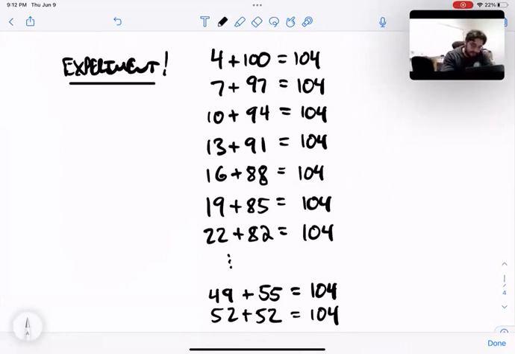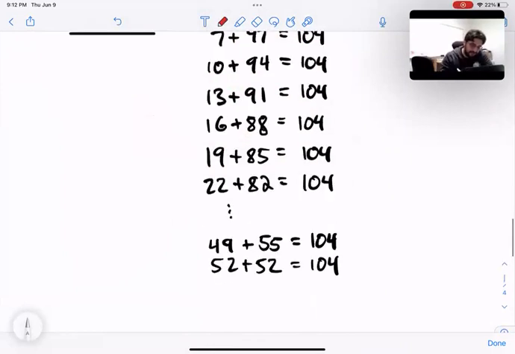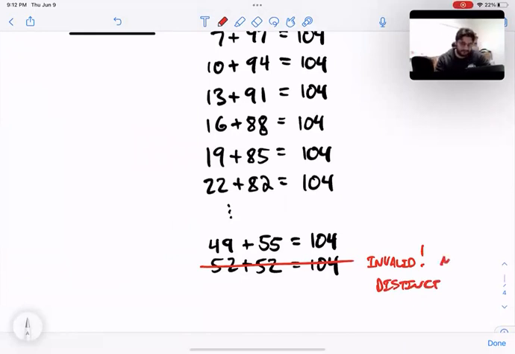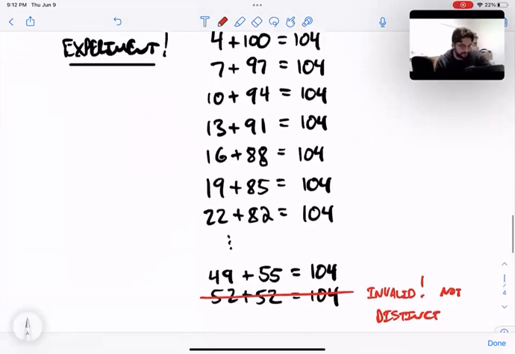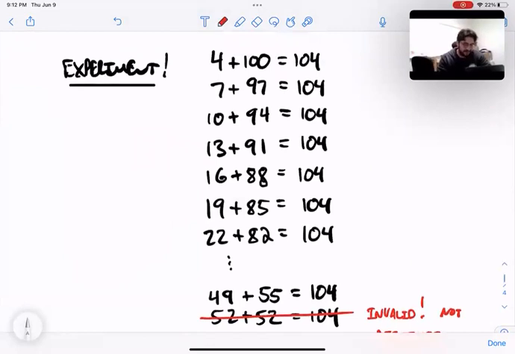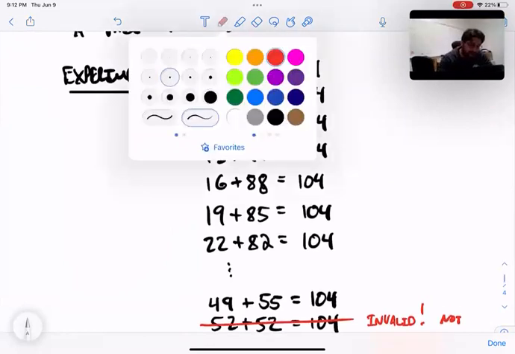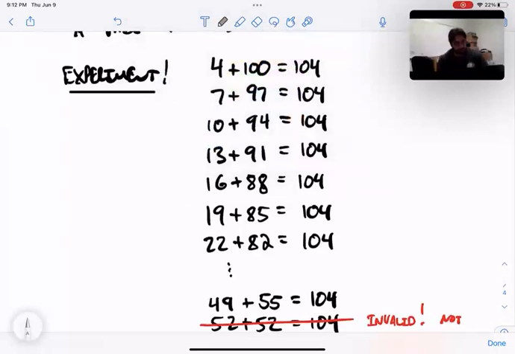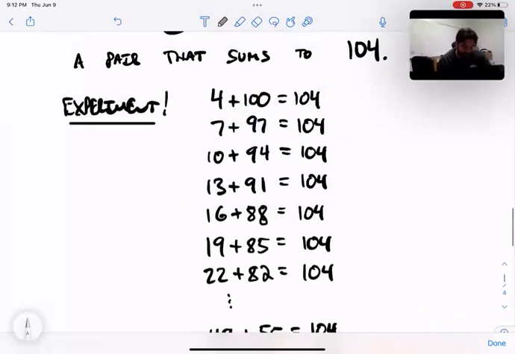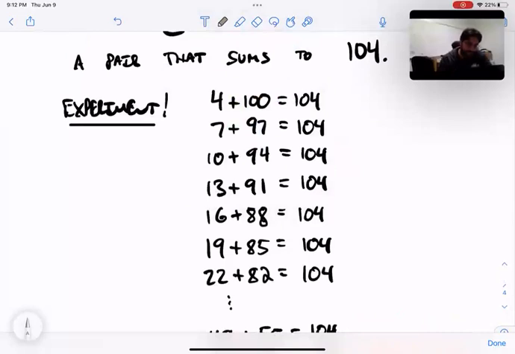So note that this one is not valid, right? The pair has to be distinct, right? So this is not a distinct choice. So now let's look at this a little bit and let's figure out how many items are on this list, right? So here, what do I have? This is maybe the easiest way to think of how many items there are on this. What's another way to say 4? Well, 4 is